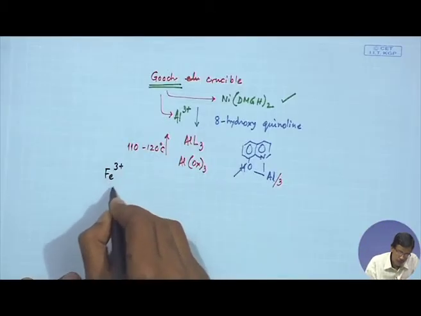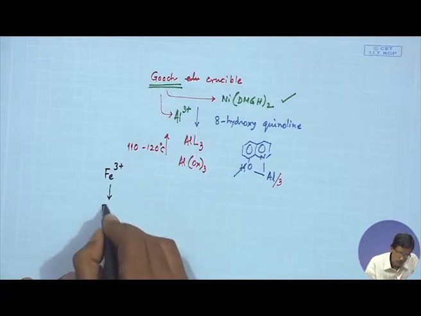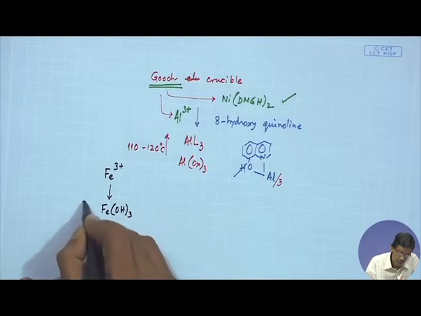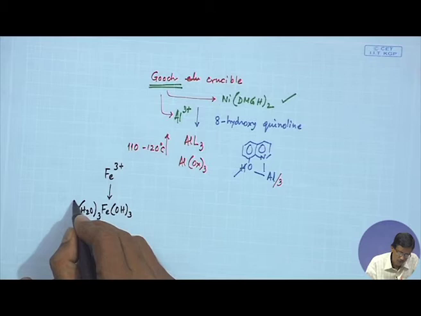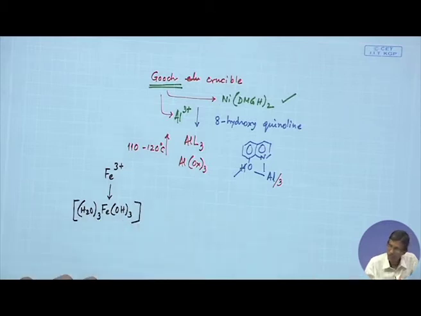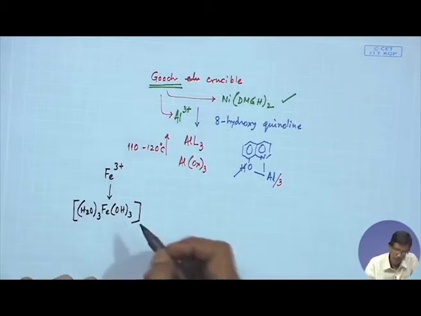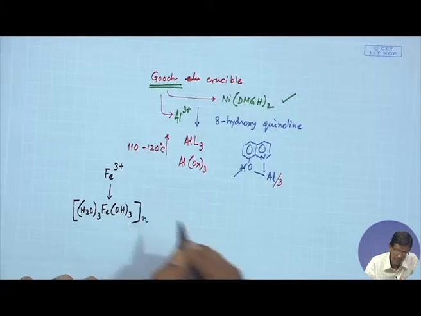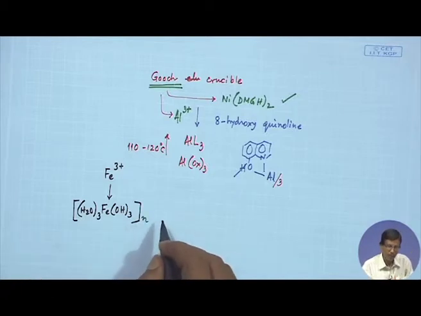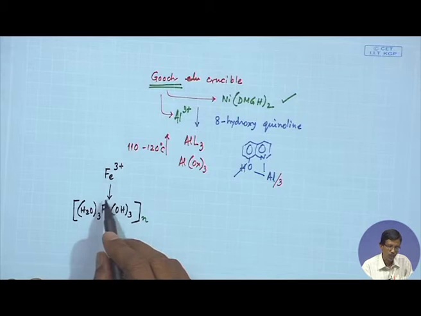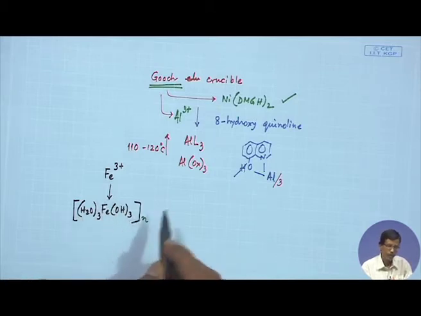Fe3+ was there, which has been precipitated as ferric hydroxide. As I told you, it is wise to write it in this form. So, this is your form of ferric hydroxide, and it is basically a 3-dimensional structure, a polymeric network, because these hydroxide groups are bridging more than one iron center. This is not a monomeric structure.